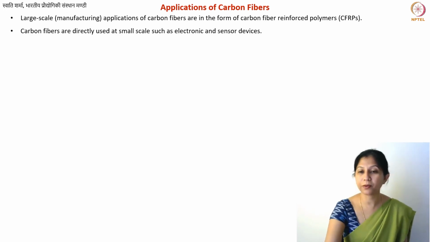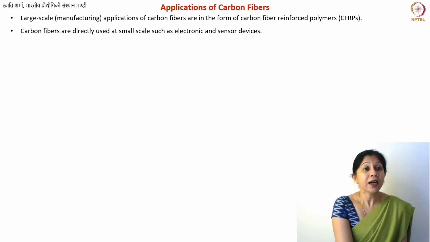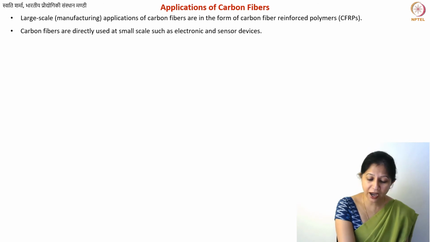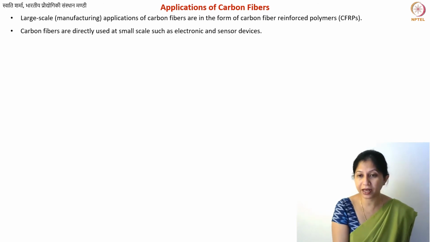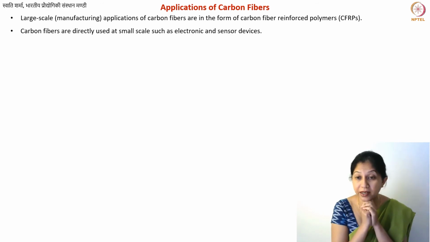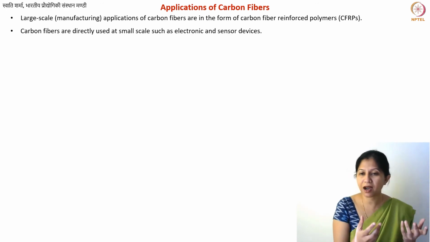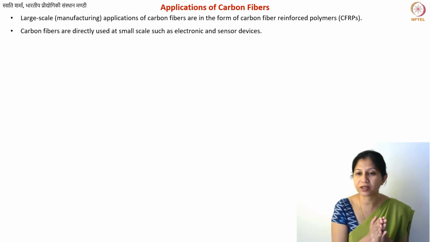As I mentioned, we will not talk about the composite applications for now in this lecture. Carbon fibers can be directly used for a lot of applications. In manufacturing applications, the fibers are used with certain resin because you need some lubricant for braiding them, for making the fabric out of them. Otherwise, you may end up mechanically damaging your fibers. Also, they are rough, hard and brittle. It's not that easy to process them without a resin. That is a different thing.